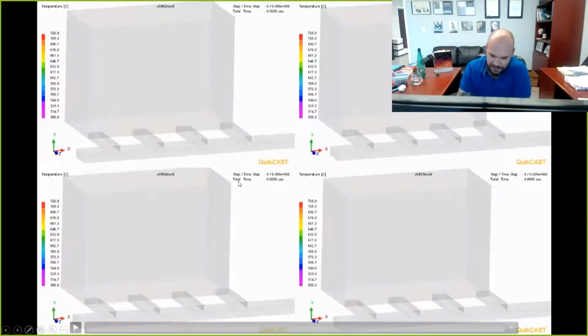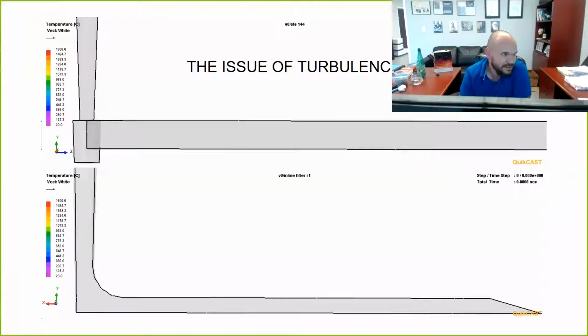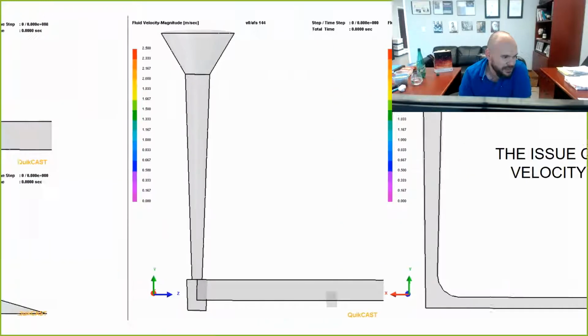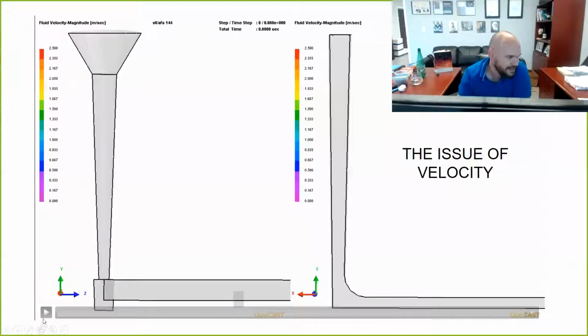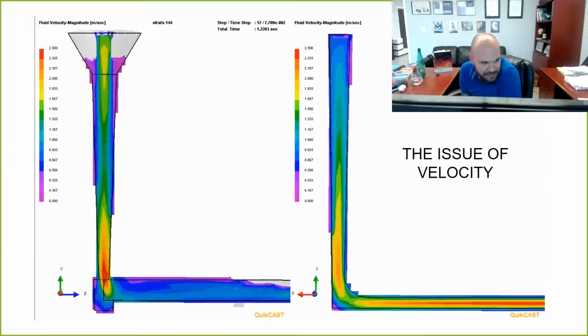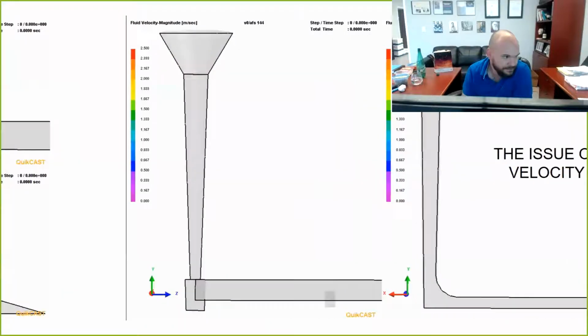Let me just skip back a few slides, and you're going to see that in this one, right? So notice on the left, the 1 to 4 to 4 non-pressurized system. The one on the right, designed by geometric constraint. And you're going to notice that in the runner itself, the metal is traveling much, much slower than it is on the one on the right, right? Much, much slower, but to huge detriment. So let me skip forward.